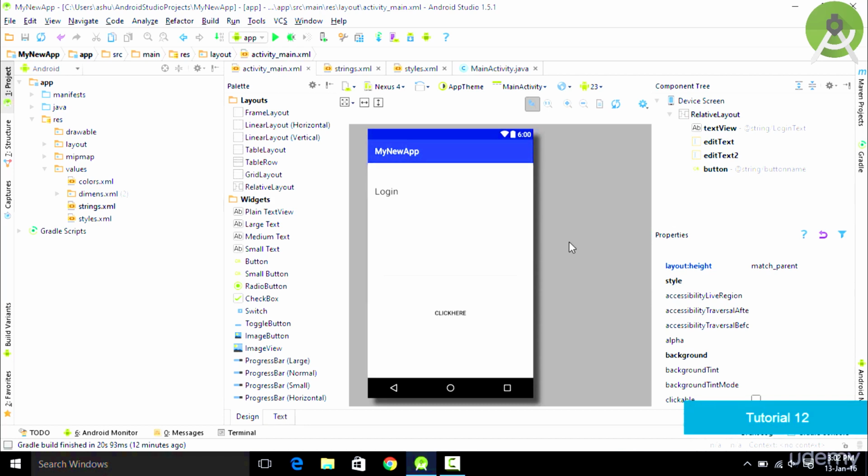So that's it for this tutorial, and in this tutorial we have learned how you could change the text of the button or the text area by using the XML file. We have also learned how you could resize your text areas, and we have also learned about resources and strings. So how strings in your Android application are being treated as resources, and they are going to be stored in a special XML file which is called the